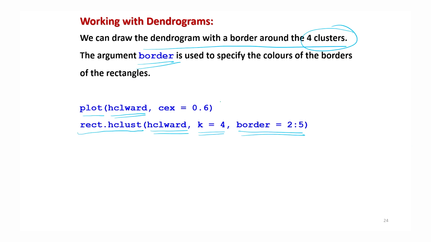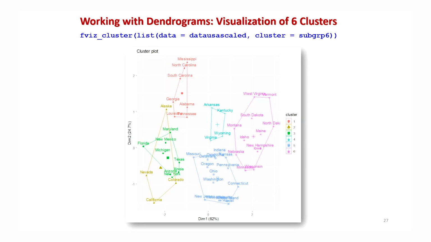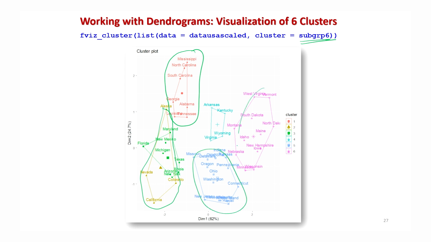Based on this data set, it creates this type of scatter diagram, which I will show you in more detail. It is the same diagram, but bigger. You can see this is one cluster, and this one in yellow is the second cluster, and so on. This is for the 6 subgroups. This is the third subgroup, the fourth subgroup, the fifth, and then there is a sixth subgroup. These colors indicate the clusters.